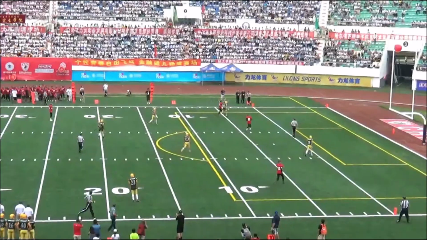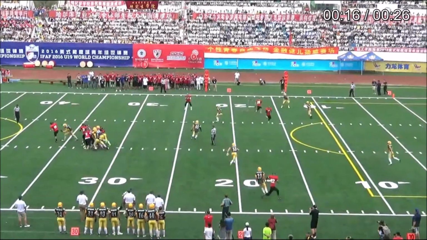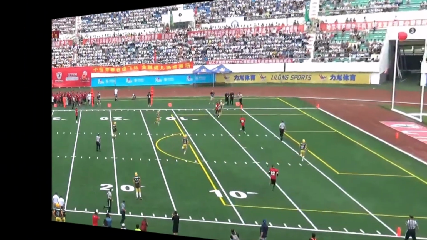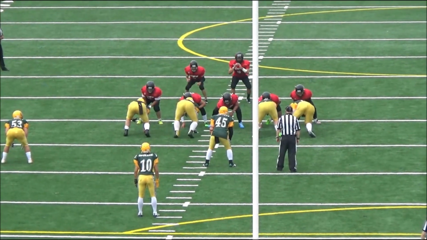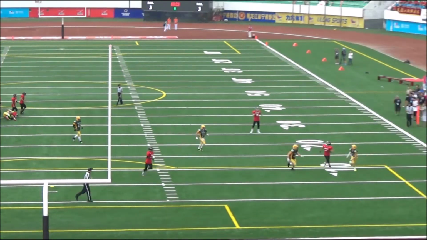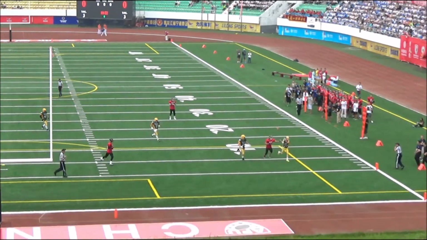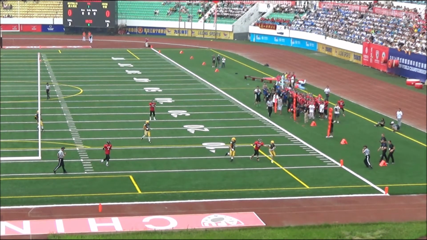But in terms of the catch, the goal line, the momentum, let's have a look at the end zone to get a better view. And here's the end zone shot, and we get a fairly good view of how he catches the ball. There's no movement. He catches it right there, clearly on the 2-yard line. There's no movement, no bobble. It's immediate control of the ball.